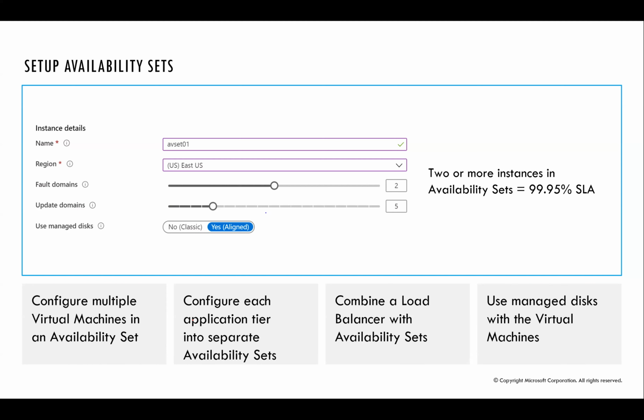If I have two VMs, which is the minimum, you could have more than that. If I have two VMs and you set them up for availability sets, they won't be placed in the same fault domain and the same update domain. And that gives you 99.95% SLA, service level agreement. So which means 99.95% of the time, at least one of the VMs would be available, because both of them can't go down at the same time due to a component fault in the data center or an